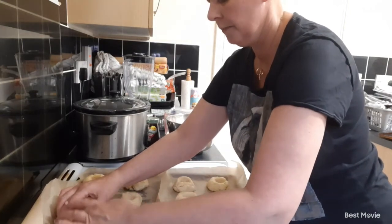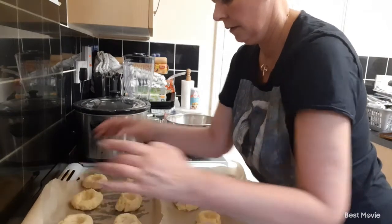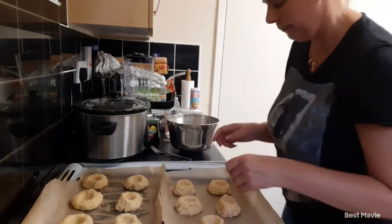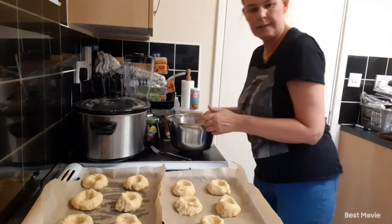The last one now. There we go. So as you can see, I've made little pockets. Oh, little pockets in there. So what I'm going to do is